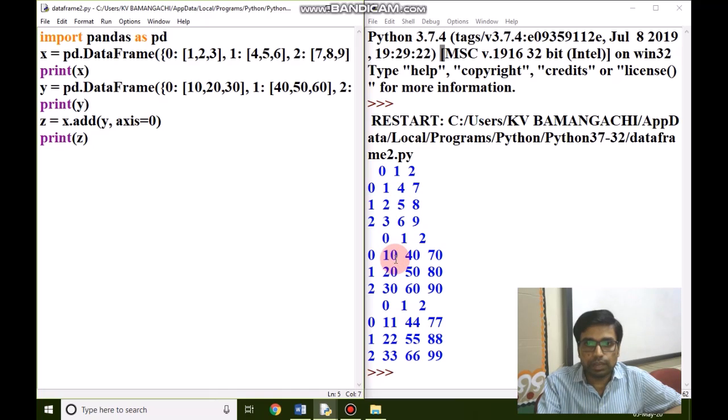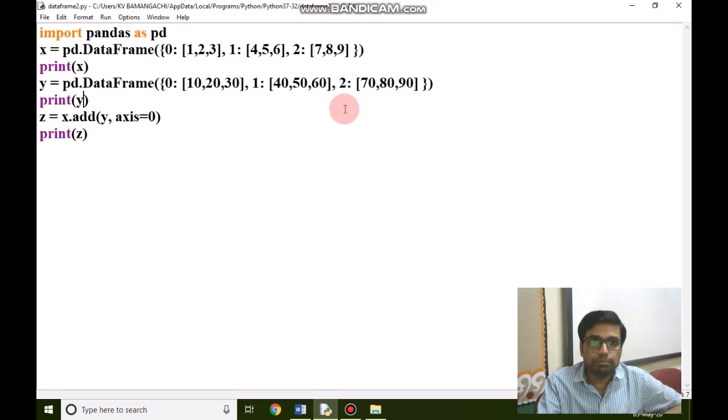Added 10 plus 1, 11, then 40 plus 4, 44, 70 plus 7, 77. In the same way, 20 plus 2, 22, and 50 plus 5, 55. So in this way, we can perform binary operation over data frame with the data frame. You can also change here axis from 0 to 1.